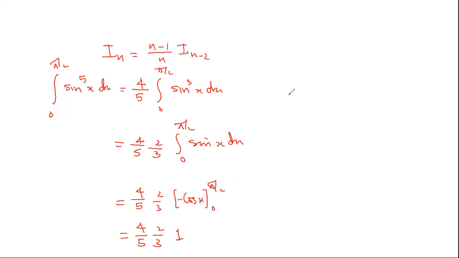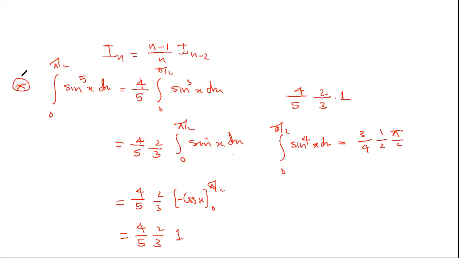So odd number is more easy. Look at this, 5, 4, 3, 2, 1. 1 is alone. Even number, 0 to pi by 2 sin raised to 4x dx. Even number, what will be the answer? 4 down, 3, 2, 1, pi by 2. When it becomes 0, pi by 2. When it becomes 1, 1 only. Clear? Yes, sir. Made a note of this, everything that is required? Yes. Okay. So this you must remember.